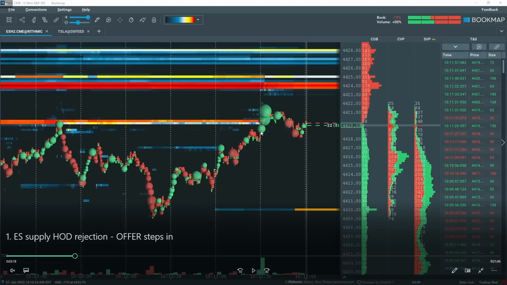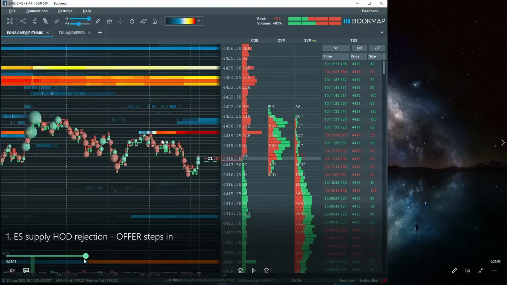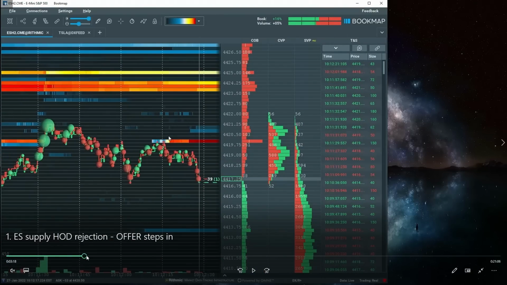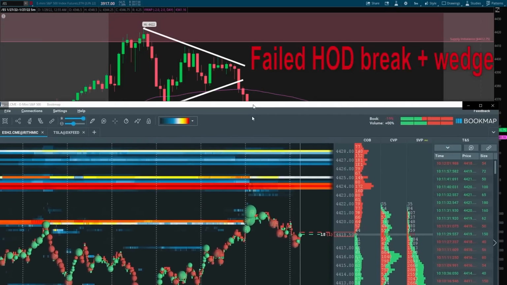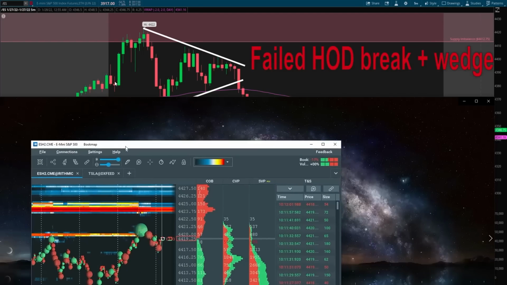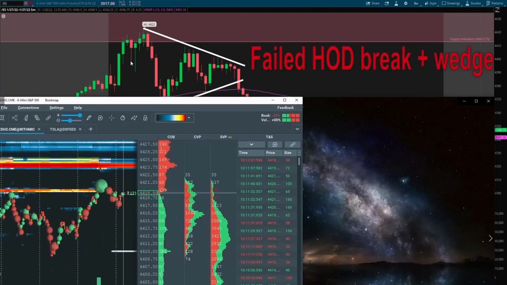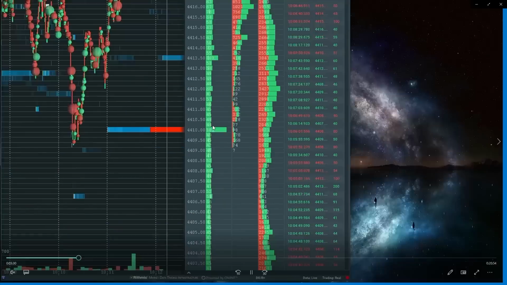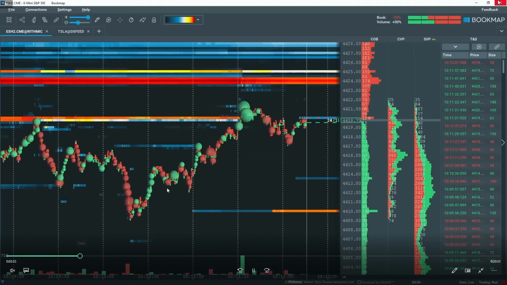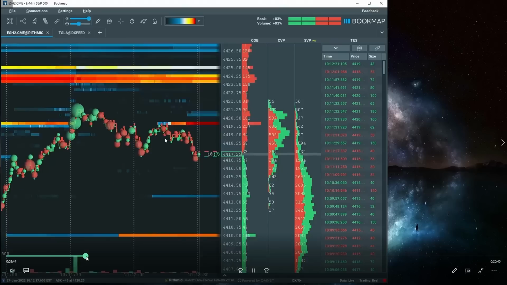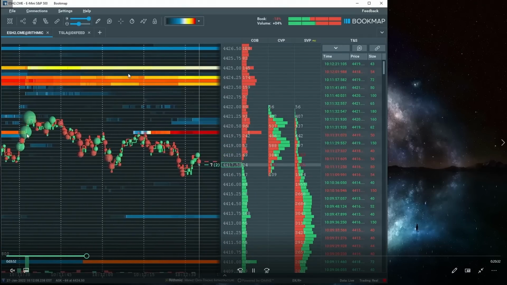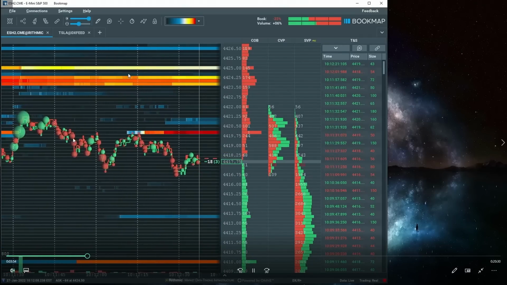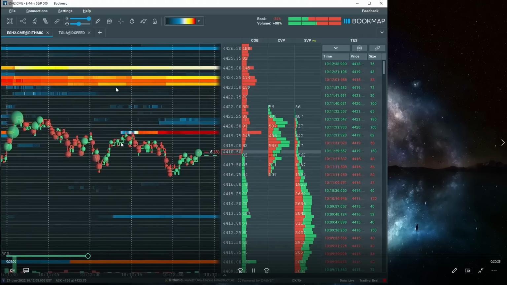And if you see us break a high and there's lack of follow through and lack of volume, it's a good sign that we're going to see a rejection. So as the market came up, broke the high here, what it looks like on the chart is right here, came up, we broke the high, sold off, then we start selling back down. The key point I want to make here is as we break the high, offers step in. So now we have 4,420, we have some trapped buyers at the high, the market sells back down, and as we start moving lower,